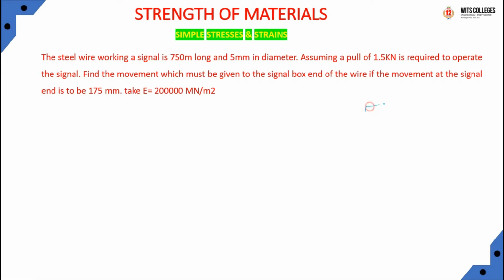So here we are given one wire with a length of 750 meters and a diameter of 5. One end is fixed at the signal box, and at the other end a pull of 1.5 kilonewtons is applied as force. So the given data is